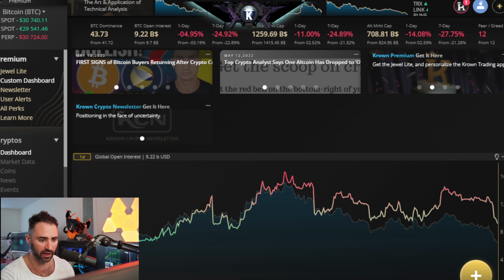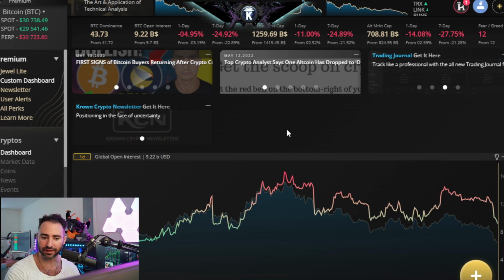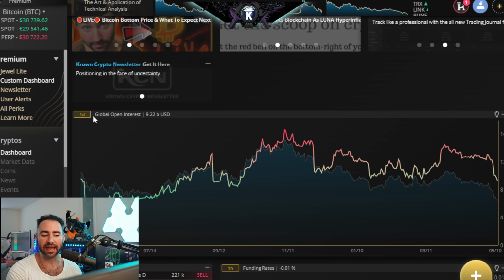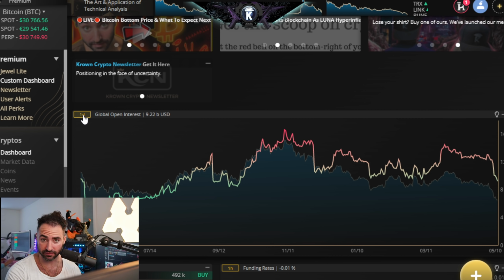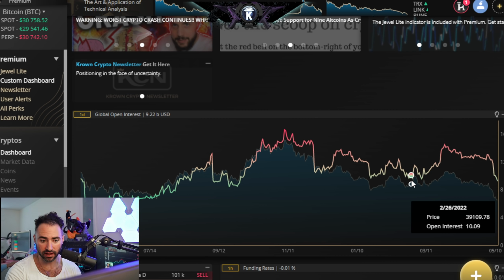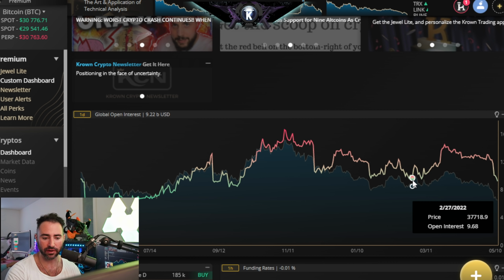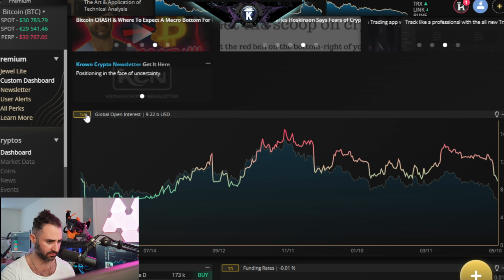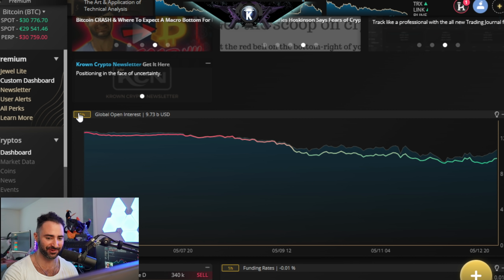And talk about why we're likely to see a bounce right here. We have seen global open interest go for a full-on reset now, so I do think that this is very, very important. We're actually even lower, I believe, than what we saw on the last major low in the low $30,000 territory, around February. That was the last, what's it called? The war announcement. They announced the war.